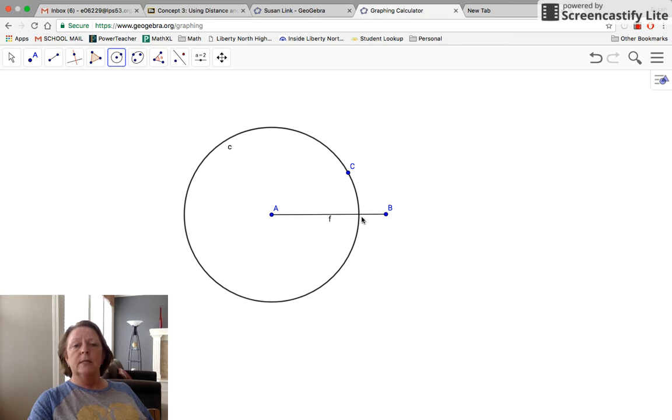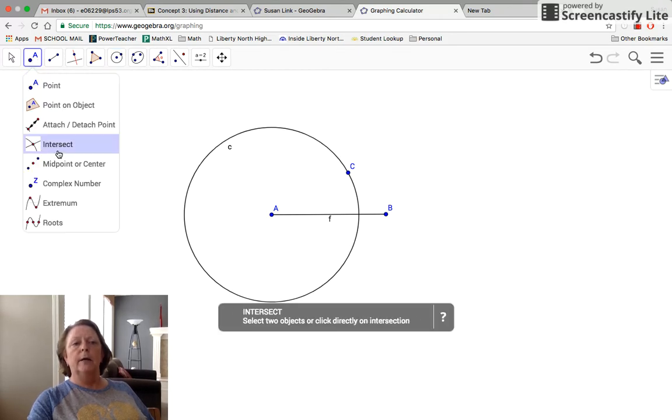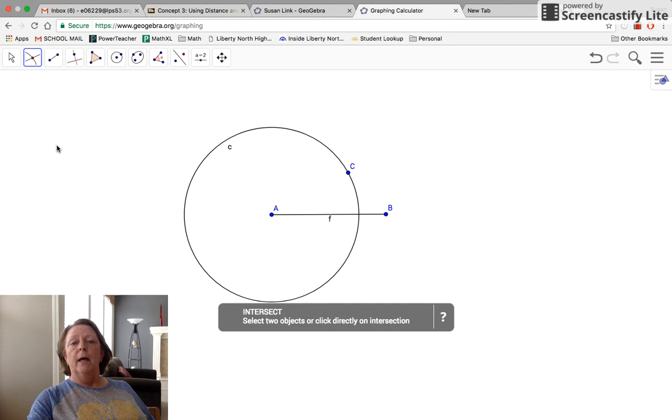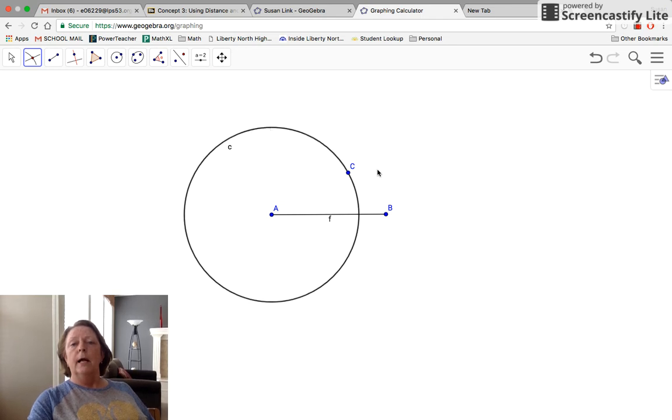Now notice that it intersects here. So I want to mark my intersection. So remember how we did that on our first video. You come up and click the second icon here, go down and get your Intersect tool. Now I'm going to click my circle and I'm going to click my line segment, and it's going to put a point where those 2 shapes intersect. And that point is D. And that point D is about 2/3 of the way